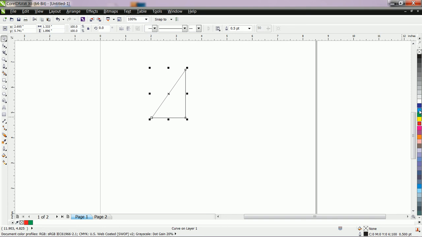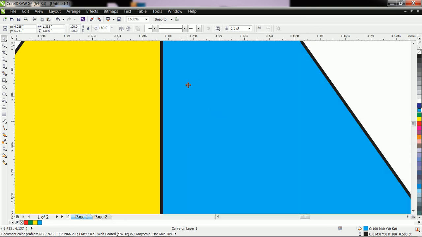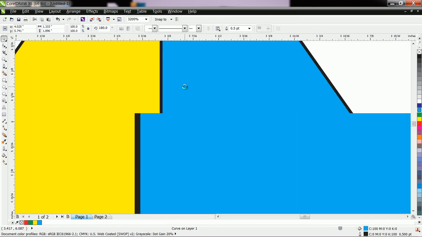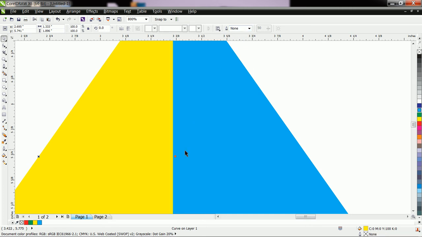Now let us give some color, then copy paste this shape and click on mirror. This is horizontal mirror. You can take vertical mirror and horizontal mirror. I take here horizontal. With the help of arrow key you can move the object, or you can directly drag the object with the help of mouse. Okay, now set this different color. But while adjusting this object, if you want to do accurately, then you have to remove the outline, then it will arrange accurately.